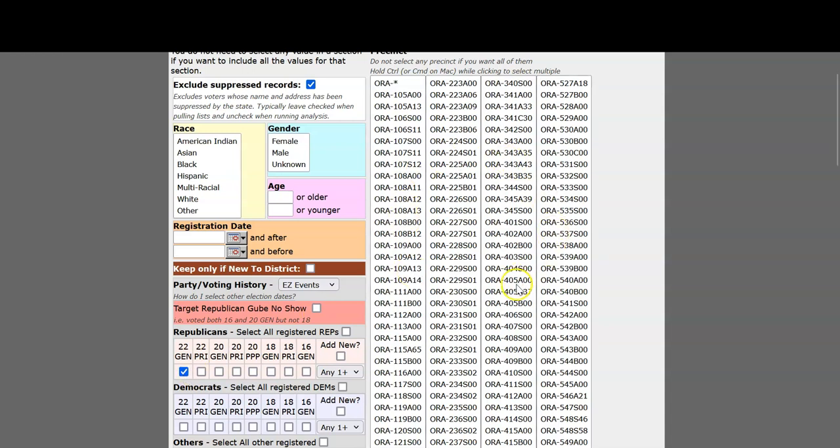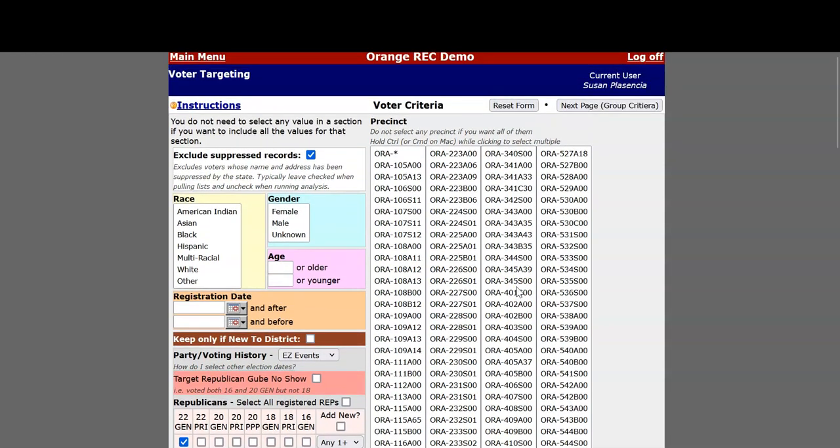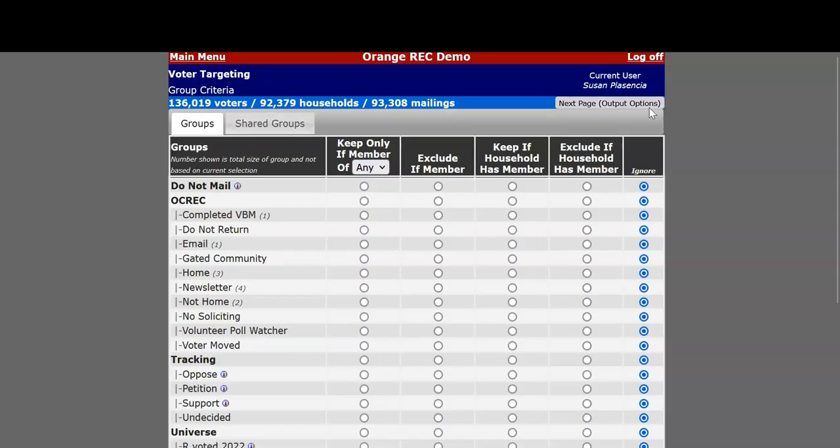And these are all the precincts. And of course, we wanted all Republicans, so we're not going to filter it down to precinct. We just want all Republicans. Let's choose next page criteria. And this is also where you can refine